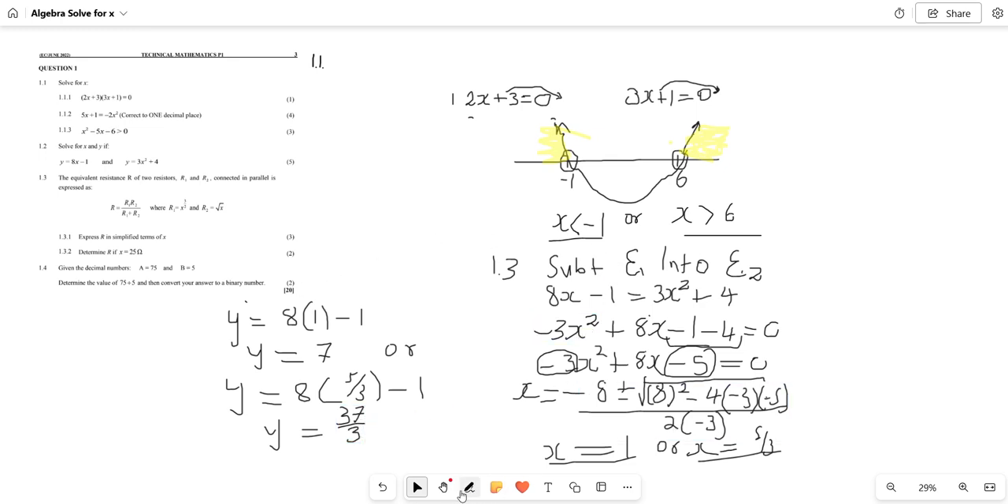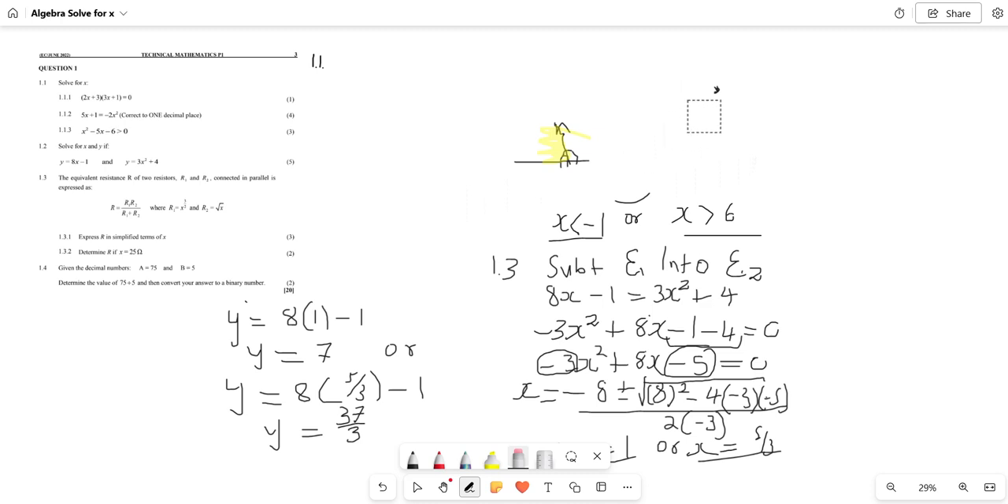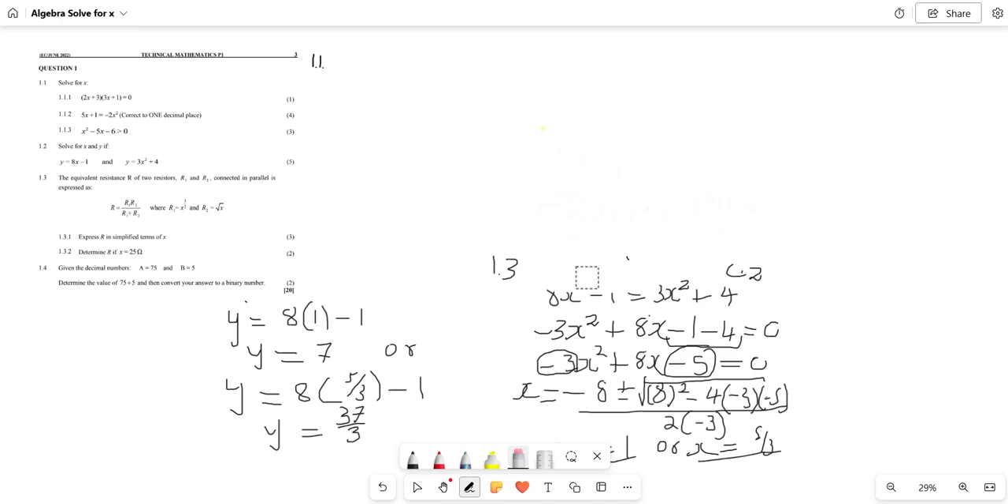Now we are going to head straight to 1.3. First, let us clear some space so that we are able to indulge 1.3. In 1.3, it reads as follows. It says the